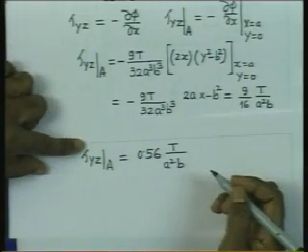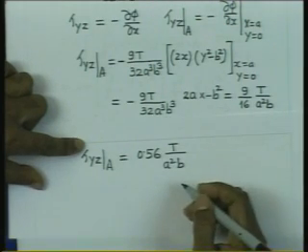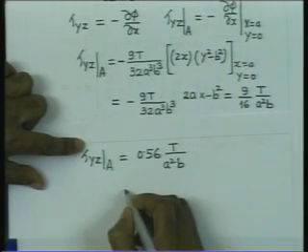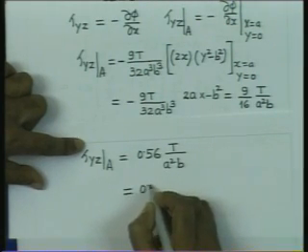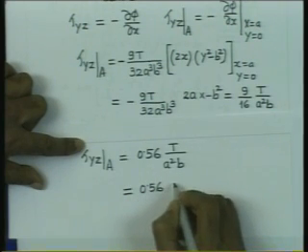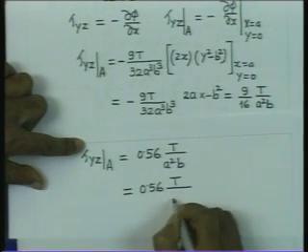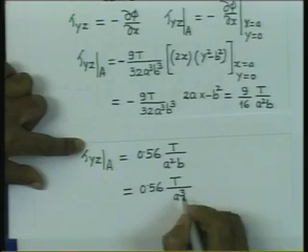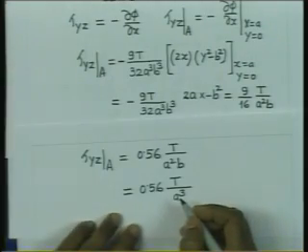When a equal to b, then we have a square cross section. So, the stress at the point for a square section is 0.56 T by a cube,